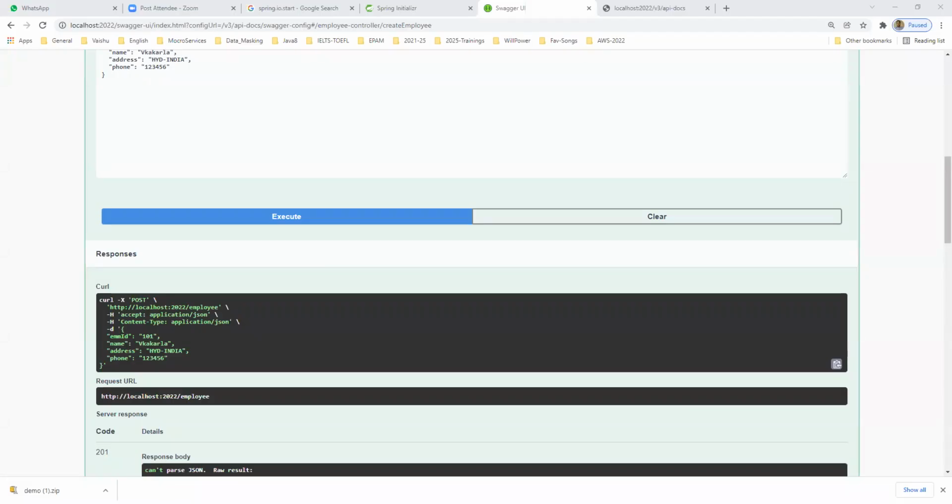Employee controller, REST controller only. Here service dot create employee, we are passing here only. Let me run again. I think it should pass. Why are we not getting it? So let me stop.